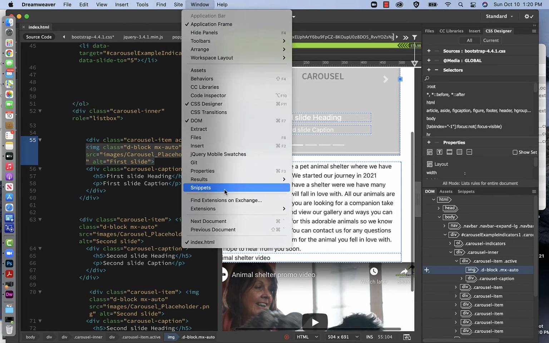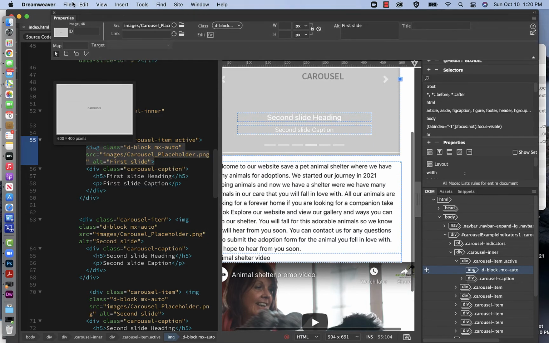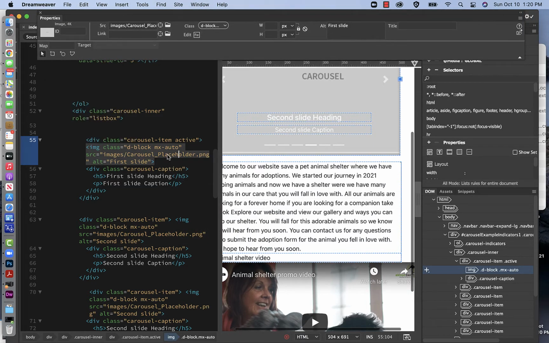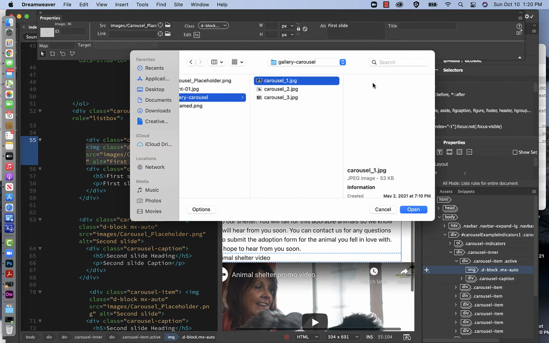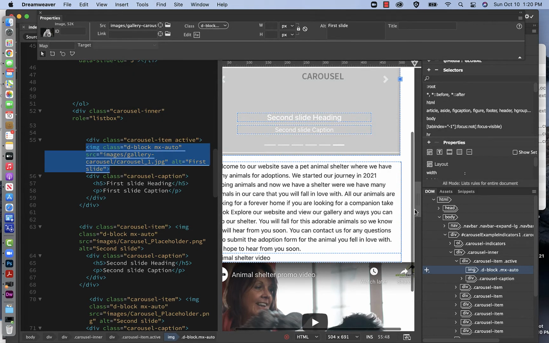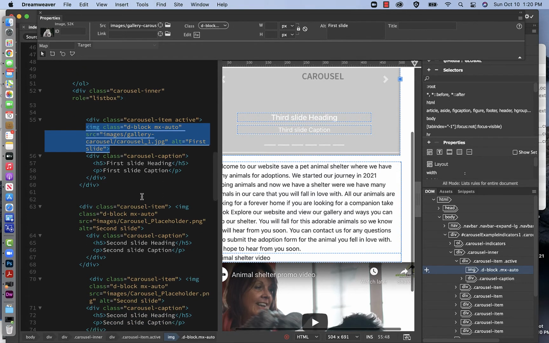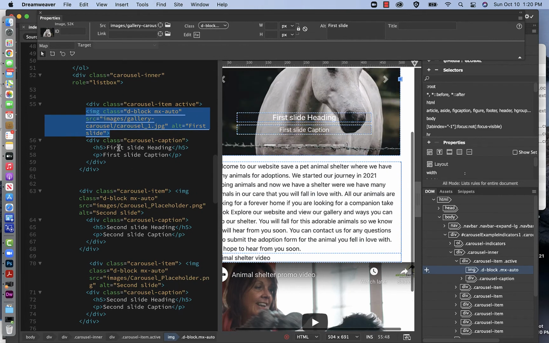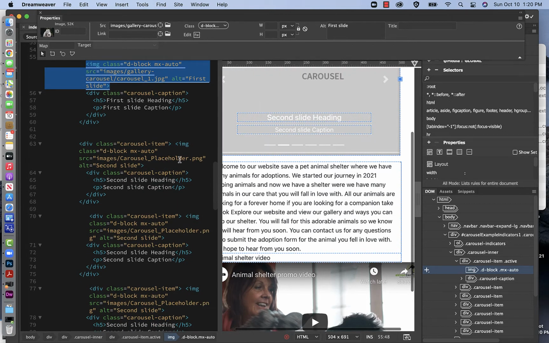I'm going to go to my window, properties, panel, make sure you move it up, and if you click it, it highlights here. So you want to click on the folder and gallery image. I'm going to choose 1, and you can change the heading and the text for each of these pictures. Then I'm going to go ahead and click on the second picture,